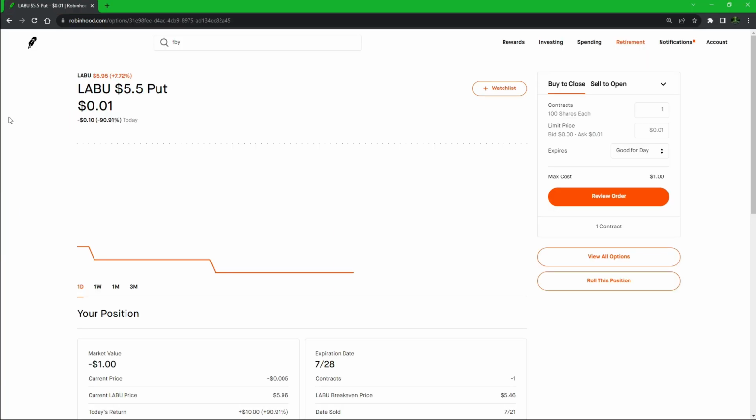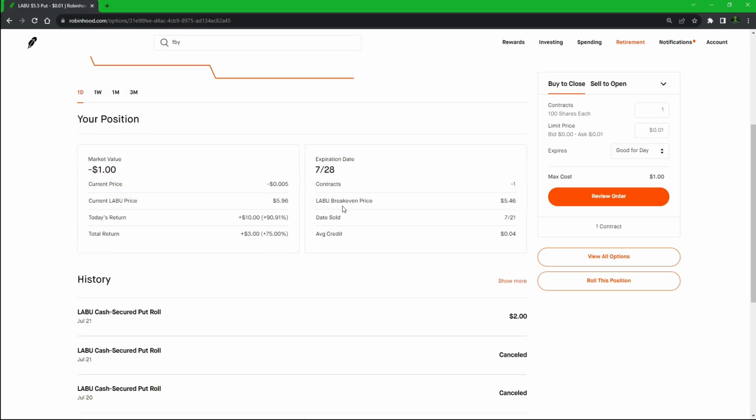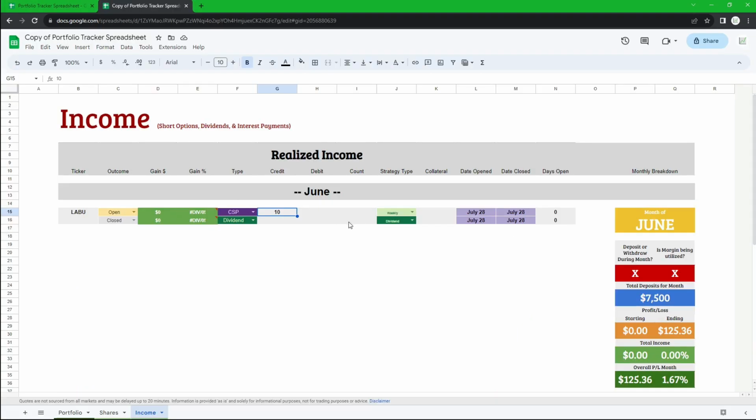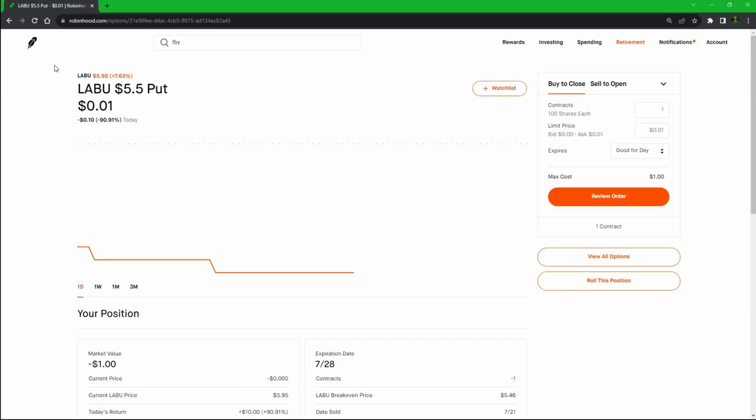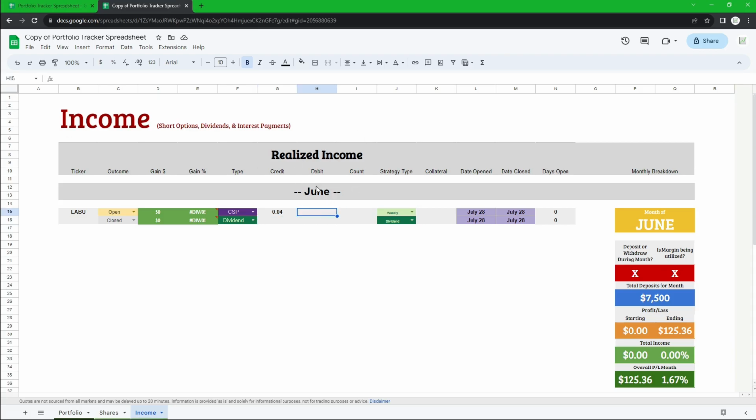So for LABU, I got paid, let's see, average credit, $4. So I got paid $4 to enter this position. So we're going to jump back over here, credit of $4, and this position is going to expire worthless. So we're just going to skip ahead in time, and we're just going to say, for example, that this expired worthless. So for $0, we're going to put in a debit of 0,